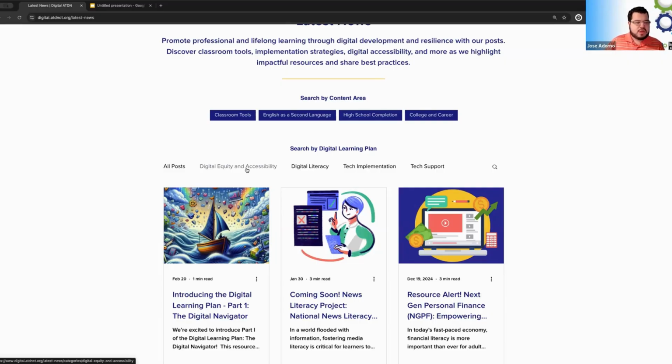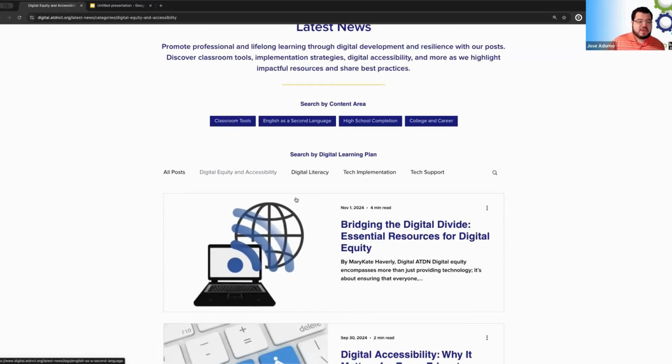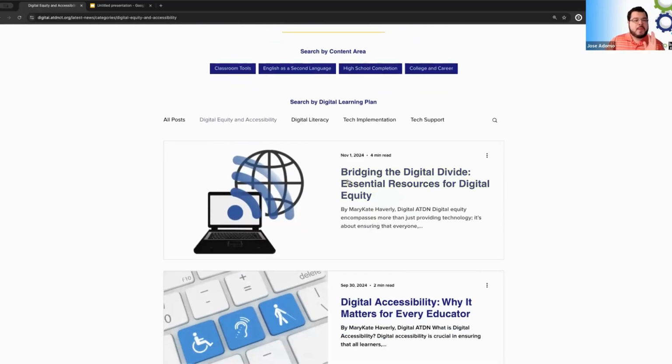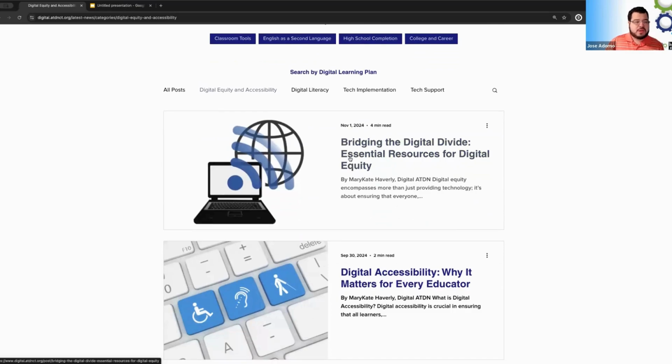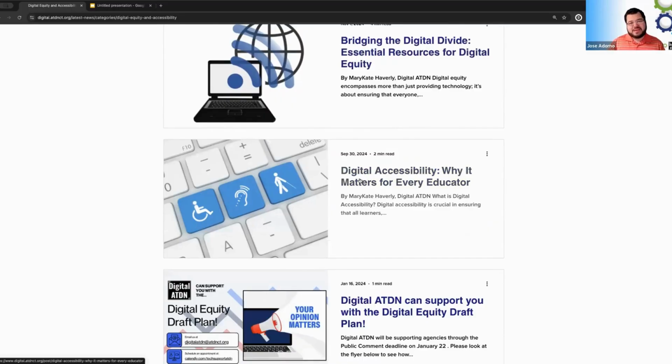So if I am looking specifically for digital equity and accessibility, I could click here, and instead of seeing the 20 plus posts that are there, you could see which ones are targeting specifically digital equity and accessibility. So again, this is another example of how we've taken,